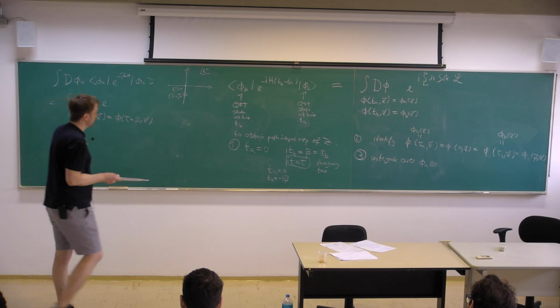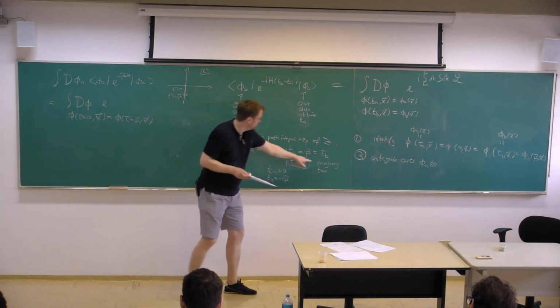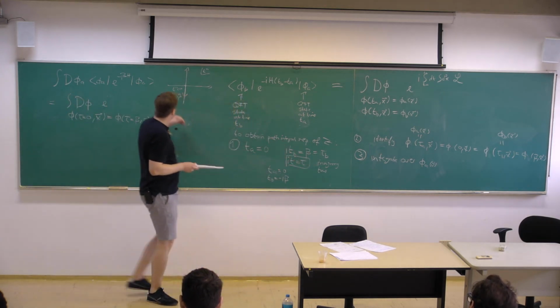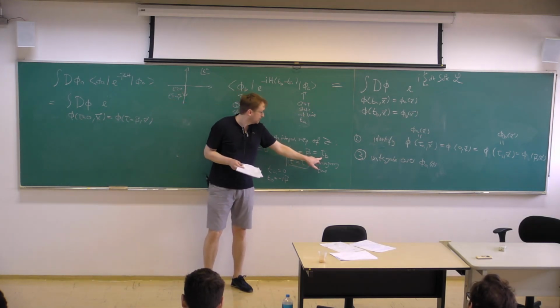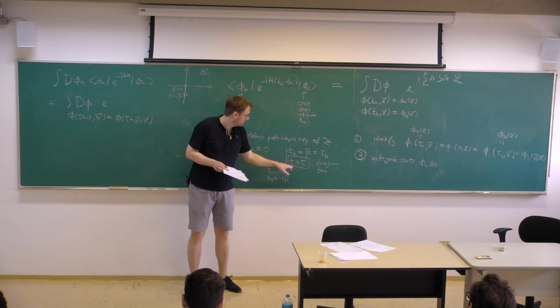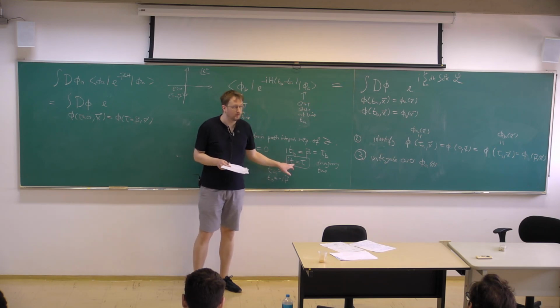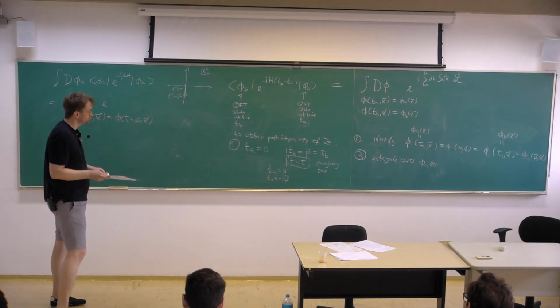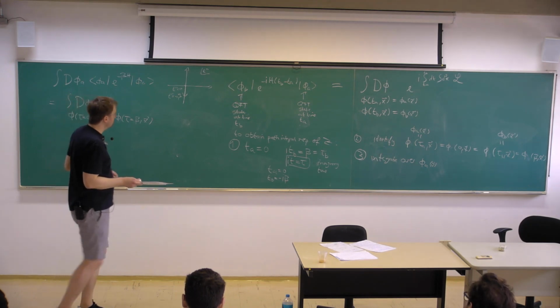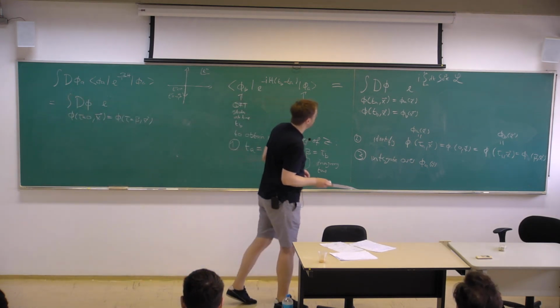And then, as I said, it's useful to just define a new time variable tau as I times the normal time. And this is again like what we do in the Wick rotation, right? We introduce a new p0 component that is I times the original p0. And if I do this, and this is the thing I didn't say,